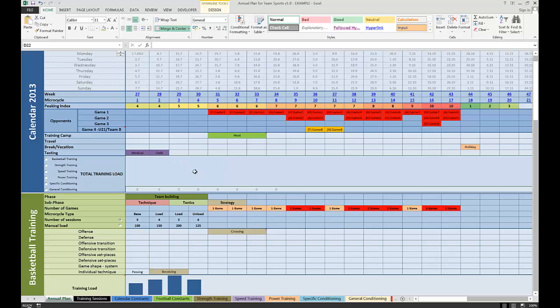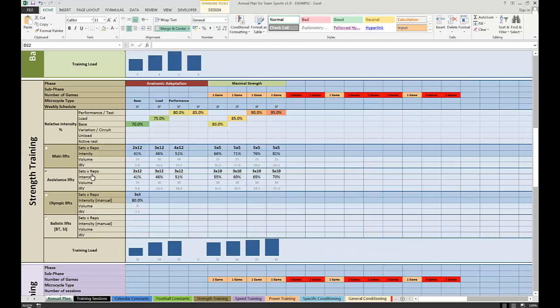Sometimes click on a sparkline to refresh. So these are only strength related workloads. If I want to see only skill related workloads, or if I want to sum them up, it's going to give me a total indicator of workloads. Going back to the strength training,